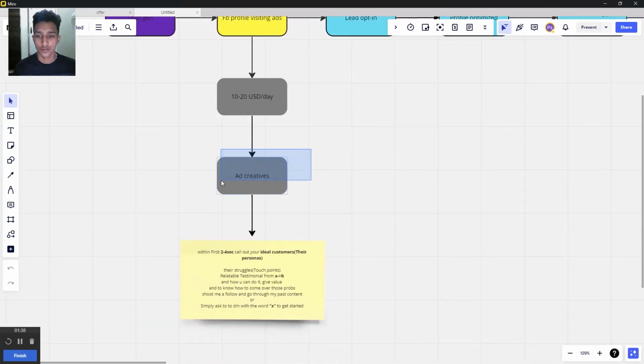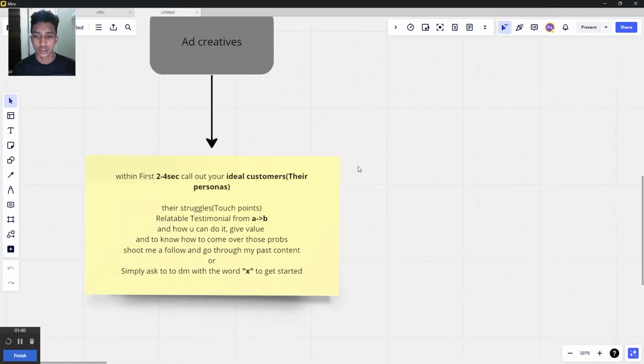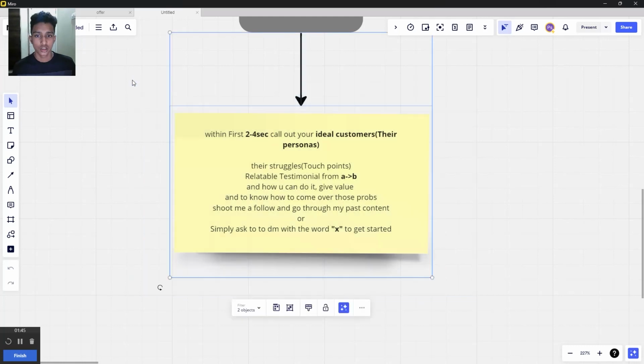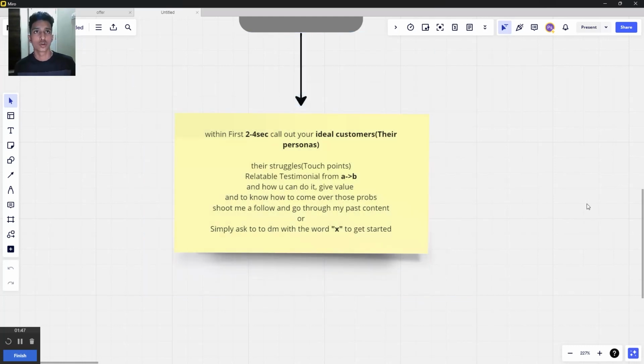In the ad creatives, you need to post something that is going to trigger the prospects to come to your DM or come to your profile. How you're going to do that is by calling out your ideal customers, their personas. The persona is basically who they are, how they look, and what they do. So you need to call out to them in 2 to 4 seconds, with something like, if you are a business owner, or if you are interested in a niche, or if you are interested in losing weight,